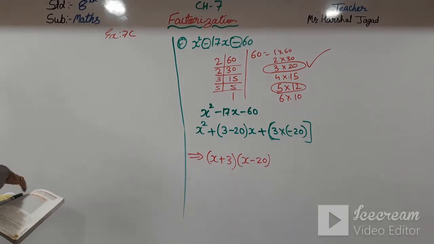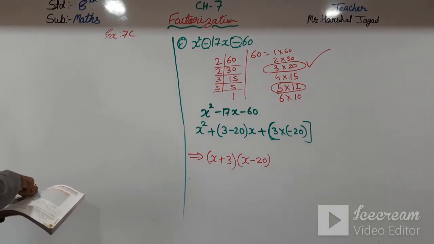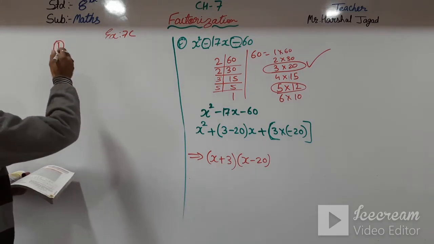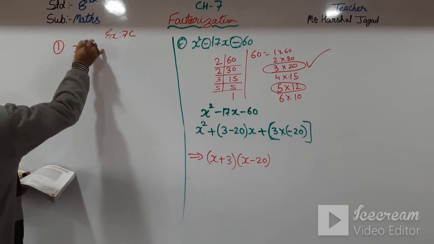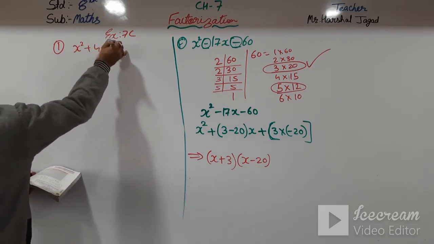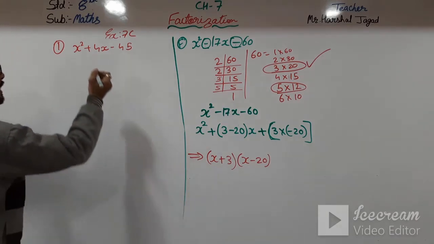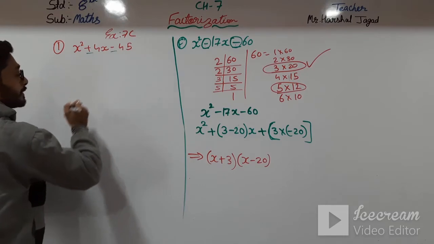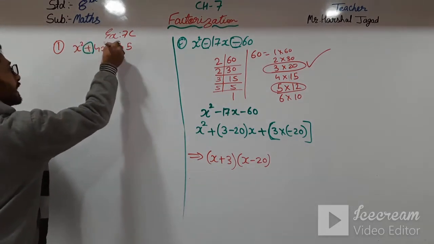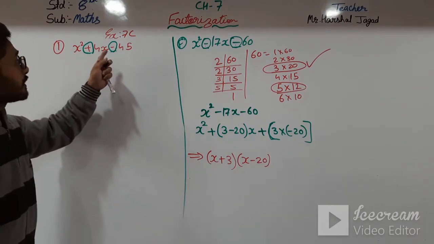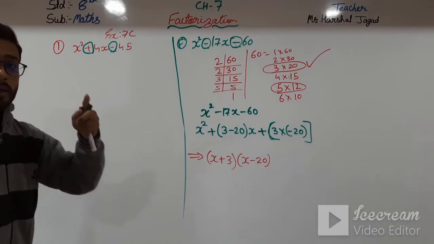So here that is x square plus 4x minus 45. Okay, so how will we do this one? Here you can see there is a plus sign and here is a minus sign. First of all, you have to see the signs only, nothing else. If here it is a plus sign and here it is a minus sign, then one will be negative and one